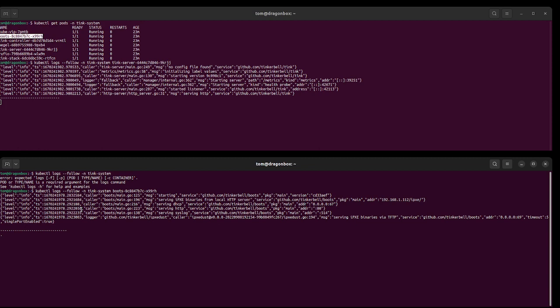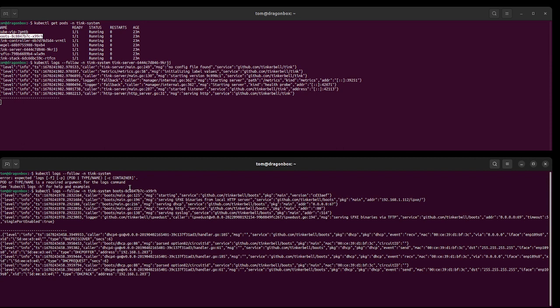So just about now we should see the first signs of life from the device. Here we go. Boots has recognized that it is populated, in fact, with a MAC address as we configured earlier, ending in 3C, and it's going to farm out an IP address of 203 to that particular device, and it's also going to service out the iPXE file so that the device can actually proceed with